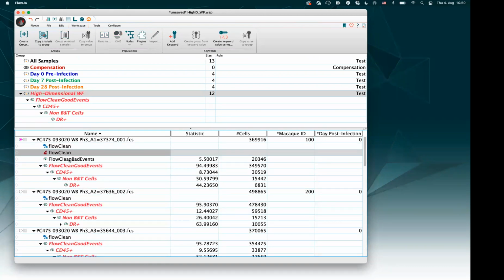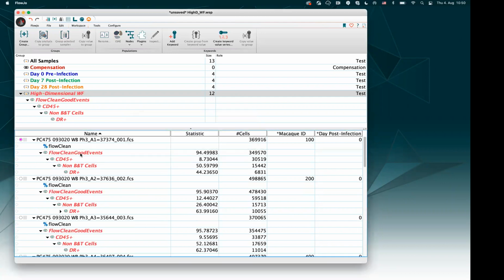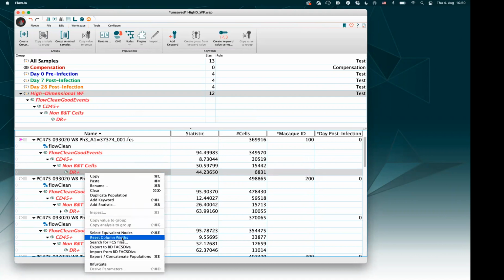You can also delete the Flowclean node in order to avoid in any case that it tries to recalculate. And you can also, if you want, delete the bad events. They're not quite useful anymore now. So now, going into merging of the DR positive cells, we will select our DR positive, press right click,